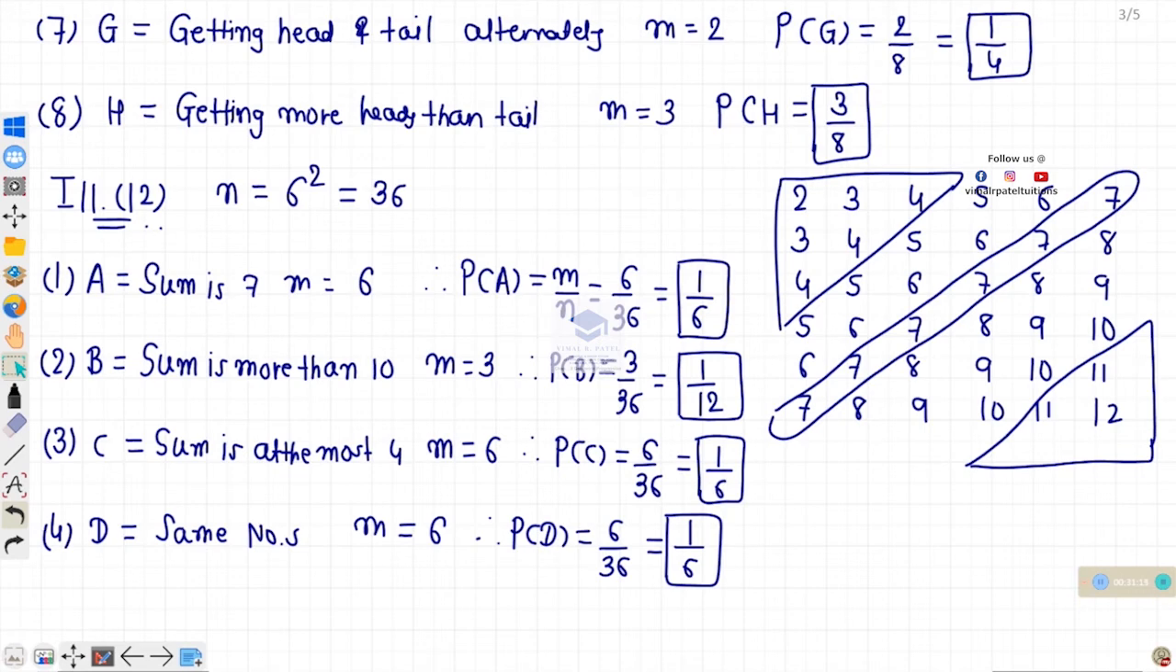Then Sum of number on both the dice is 1. Impossible event. Sum total 1 is not possible, at least total 2. So impossible event, m is 0, and probability of impossible event is also